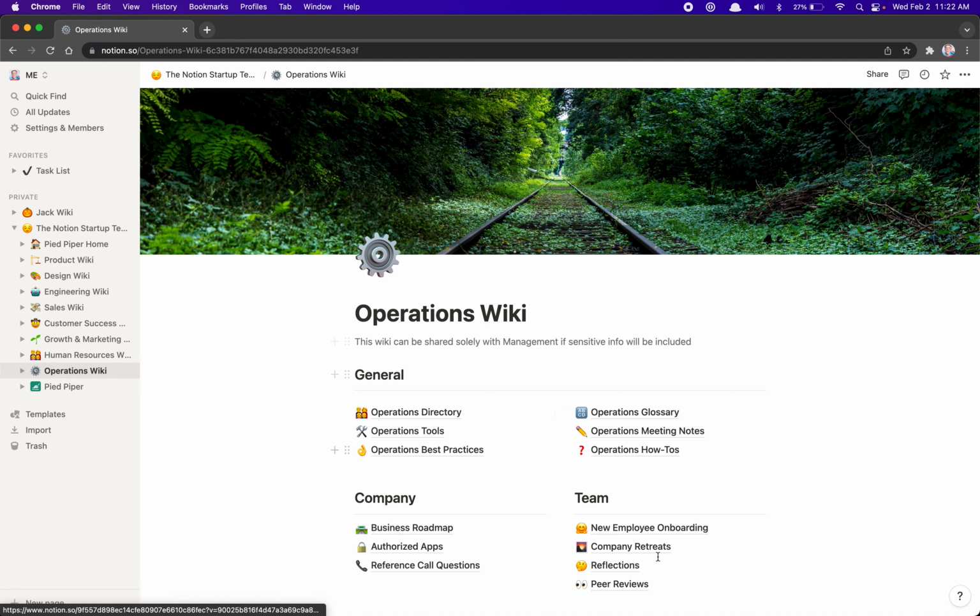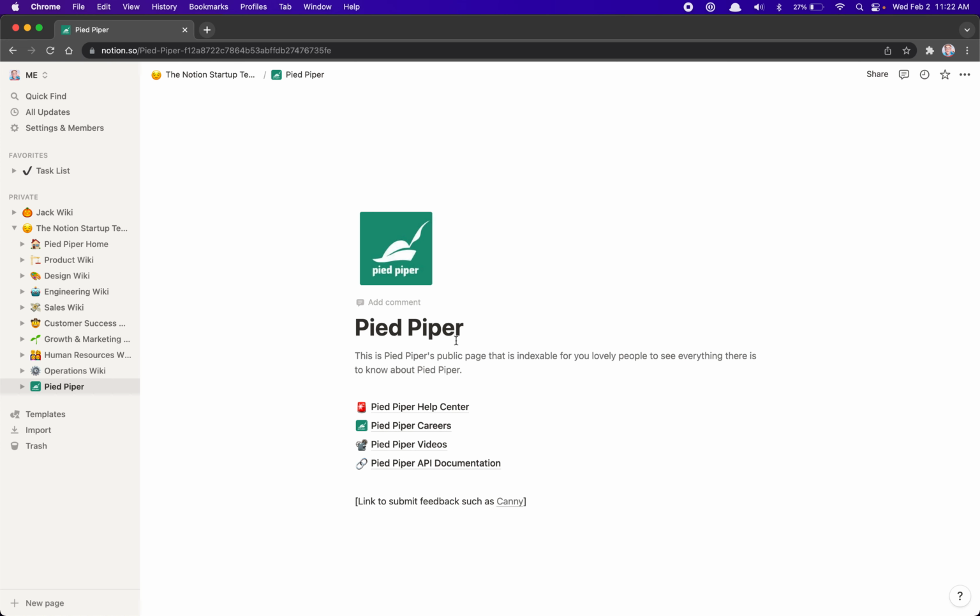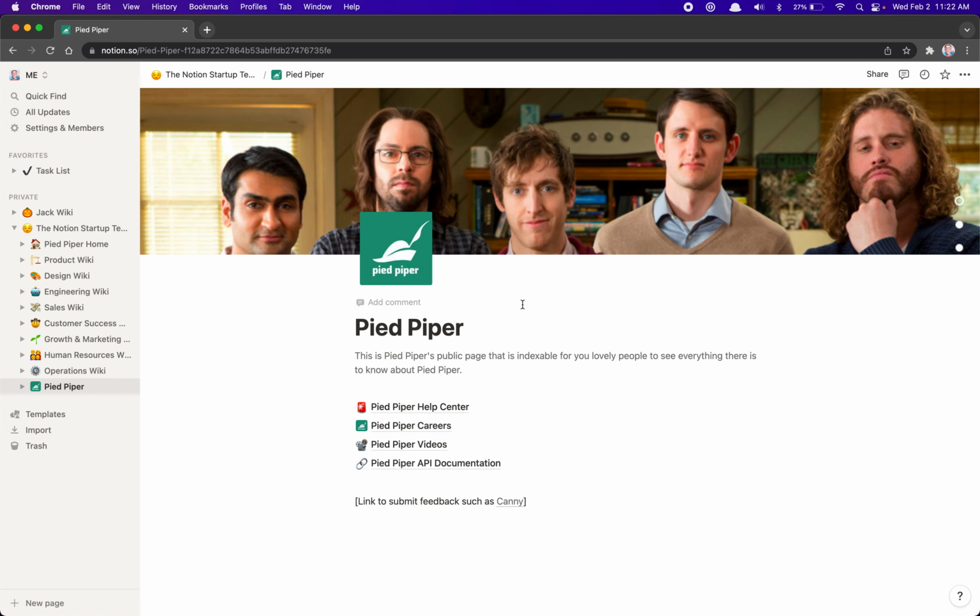And finally, the public wiki. So this one can actually just be a public page that anyone could find. If someone wants to work at your company, you could just link to this and let them go to maybe your careers page or see your help center or maybe videos, API docs, etc. So then the final thing I wanted to jump into was actually